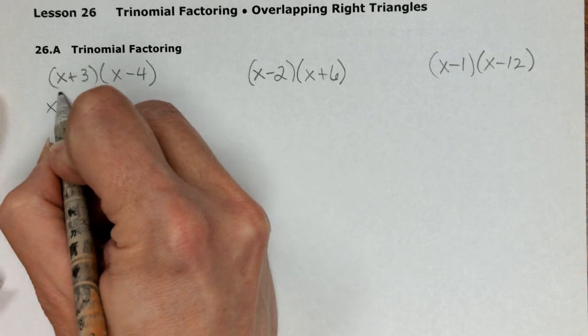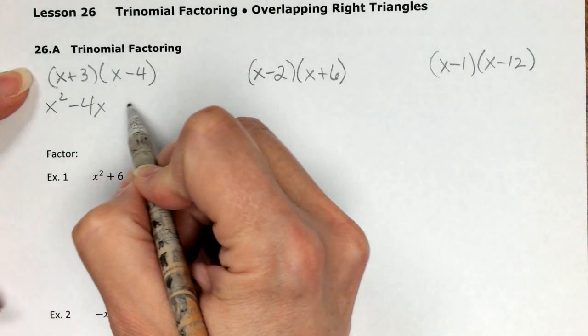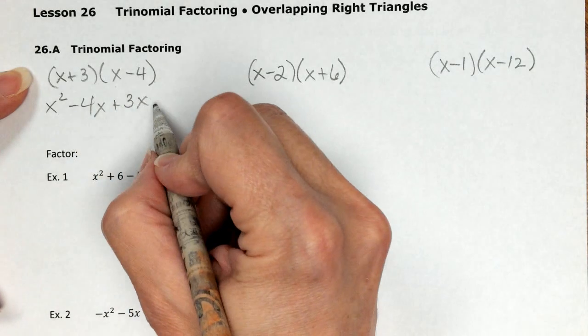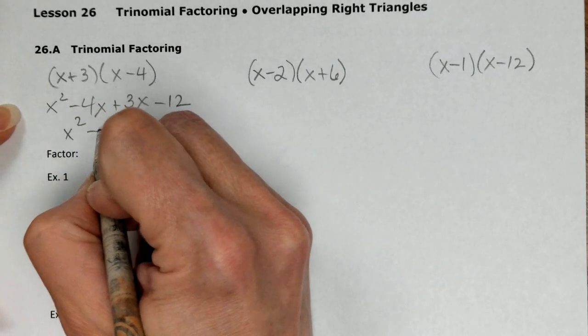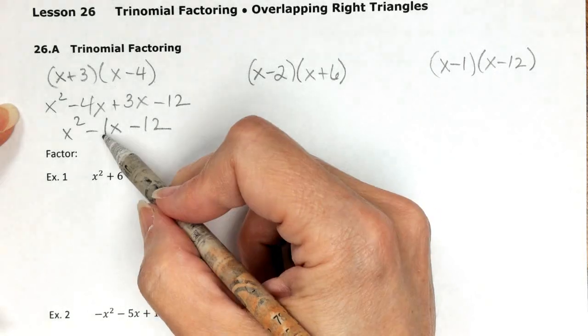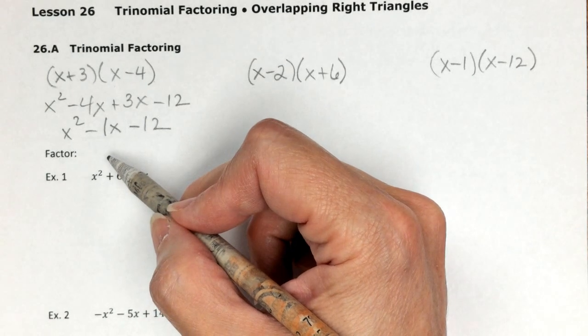First times first, x squared. Outer, negative 4x. Inner, positive 3x. Last, negative 12, so minus 12. Add the like terms. The 1 is optional in here, but I included that just because of looking for patterns with the numbers after